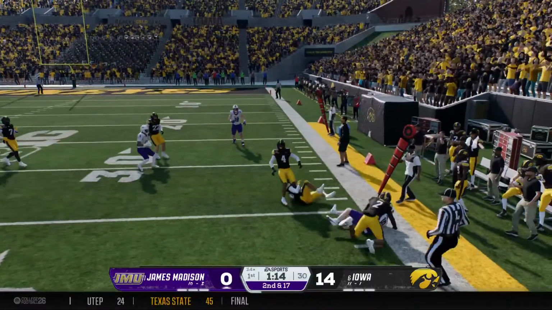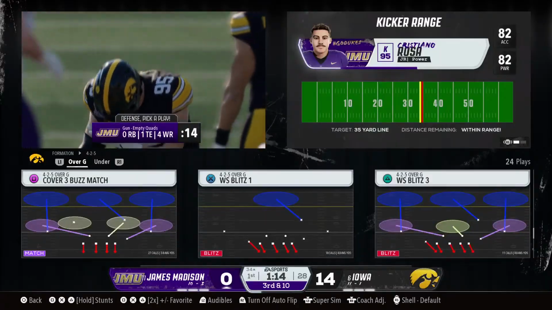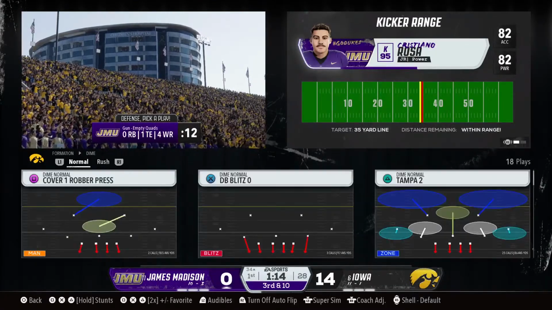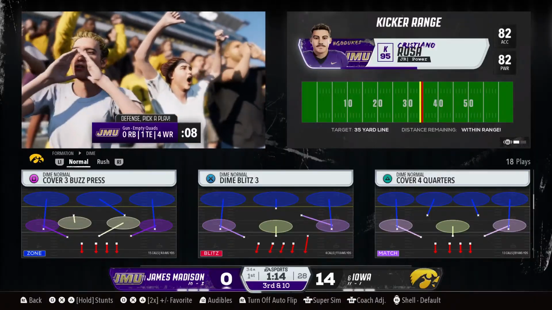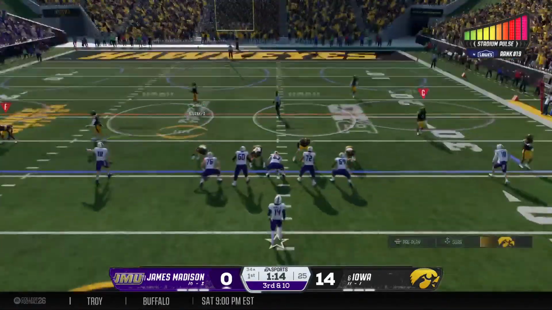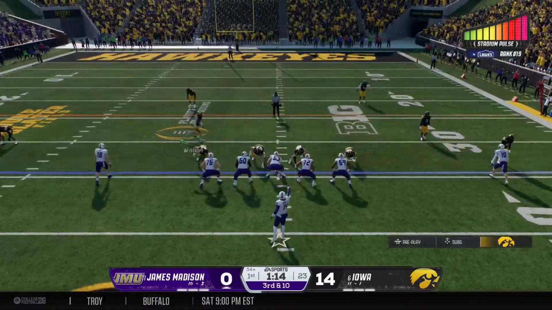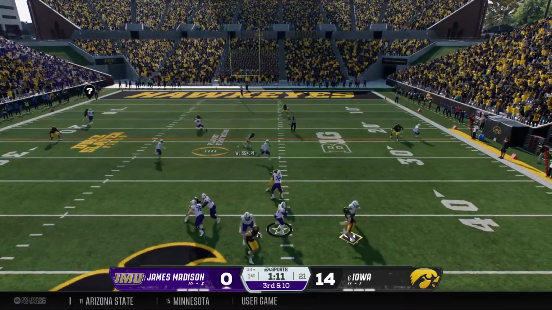The receiver makes the catch. They bring him down after a short gain there. Well, the defense didn't have any time at all to get pressure on the quarterback. He gets the ball out of his hands pretty quickly on the hitch to the receiver. They come to the line, a long way to go for the first down, but needing this crucial conversion right now. On third down, he drops to throw.